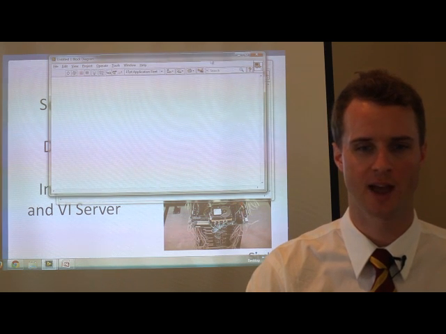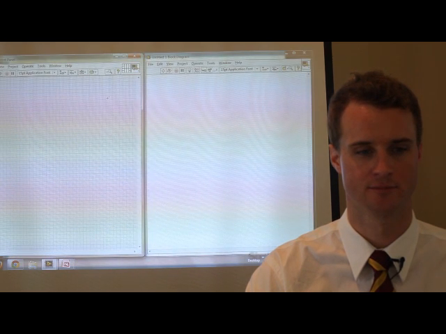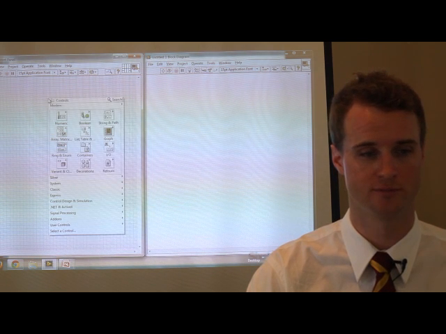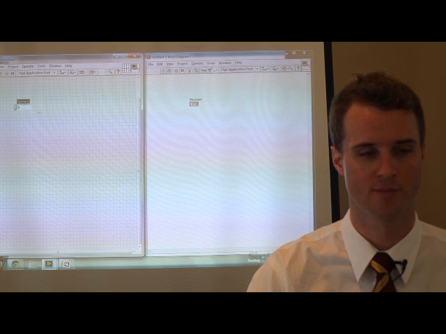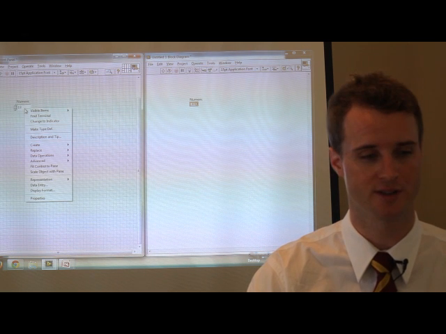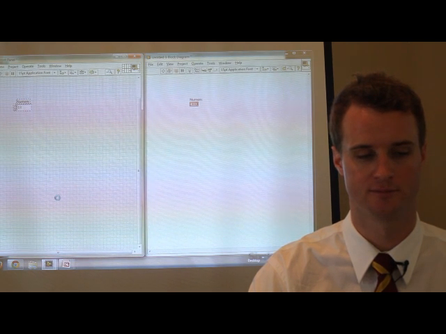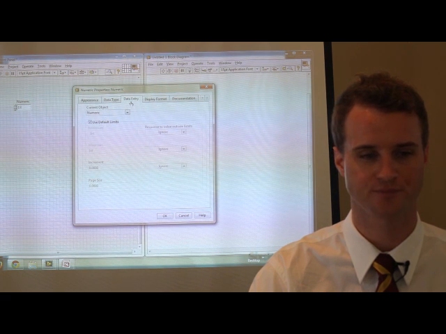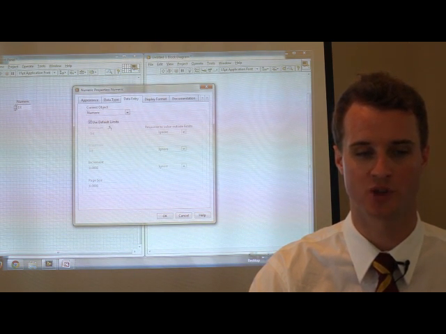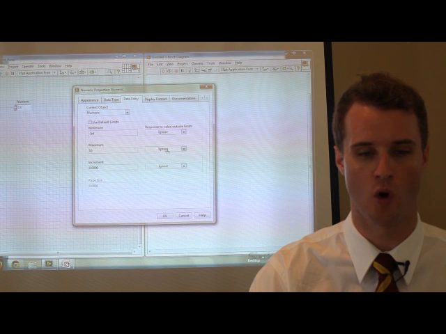So we'll go to LabVIEW, and I have my front panel and block diagram. I'm just going to tile them side by side. And first I'll put down a numeric control. There we are. And as you can imagine, we can go up to any number or just type in some numbers. But I can right click on it and, in edit mode, change these properties. So I'll go to Properties. This brings up the Properties dialog box. And then we'll go to Data Entry. And you see by default, we have these use default limits, which are negative and positive infinity. I'm going to uncheck that. And I'm just going to go to the maximum. I'll put in 10. And if I put in a value over 10, I'm going to coerce it back to